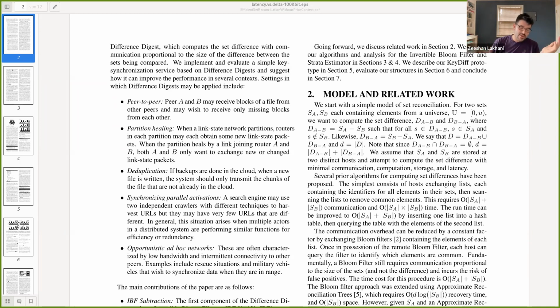Which, for a lot of long-lived live running systems, seems untenable. They do talk about the ability to learn from the client over time or something like this, so maybe that's how you know when to switch. But then in their implementation for key-diff, they use everything static in terms of the predetermined sizes for the invertible Bloom filters, and I think